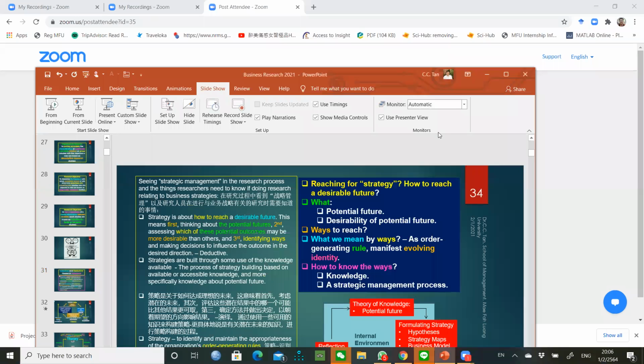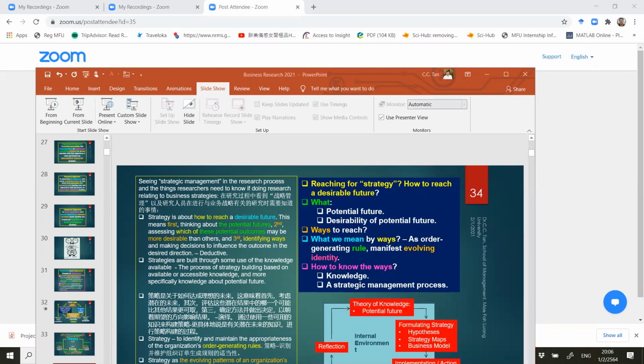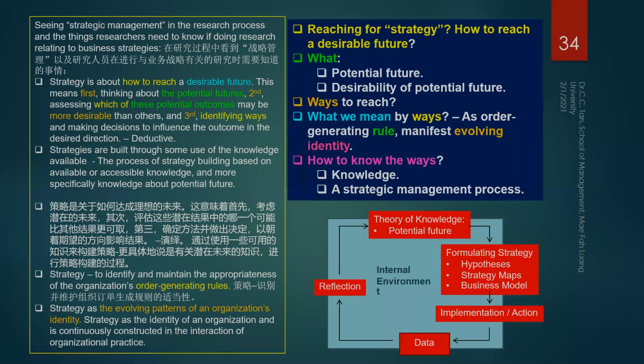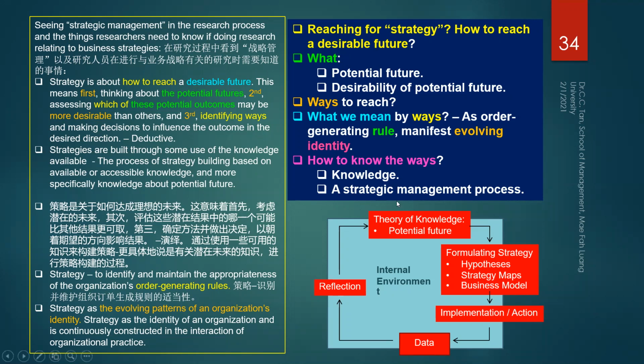Okay, so let's look into this very important area, which is on strategic management. I will use the strategic management process, which I have already demonstrated to you. We have strategic management, and the management processes intend to build the competency and develop the competitive strategy, which has the internal environment and the external environment.